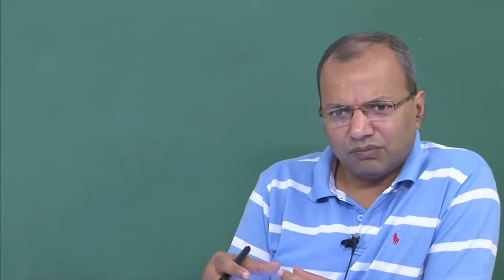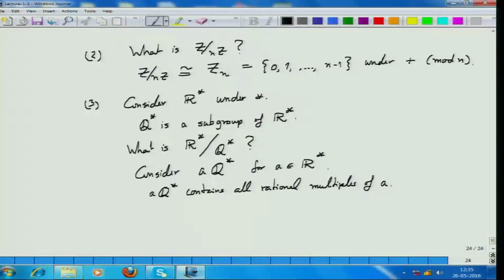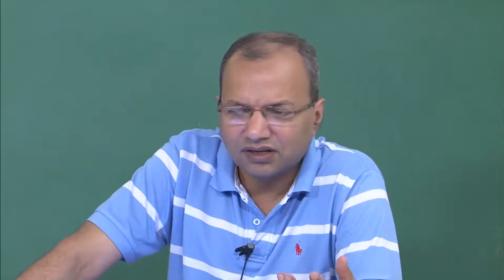So, essentially in this group operation we get a subset of real numbers such that no real number is a rational multiple of any other real number. We collect all such real numbers, and then just define the multiplication operation between them, and that is the group that you get. So, this is a different group than R star. We can view it as a kind of subgroup of R star, but it's a different one because,